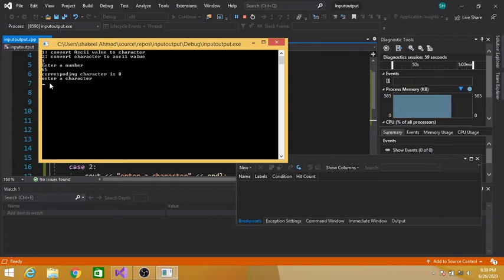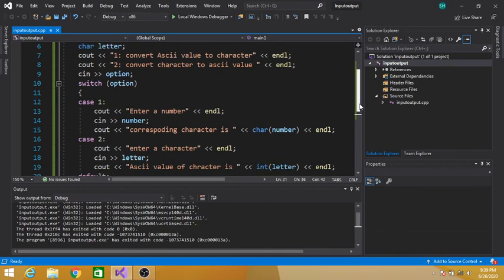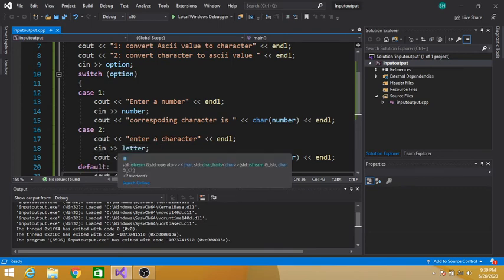Now see here, it is also asking to enter a character. Why so? Because we only want to convert an ASCII value to a character, not a character to an ASCII value. We have made some mistake. Here you can see, if you do not put a break statement, then all the cases will be executed.